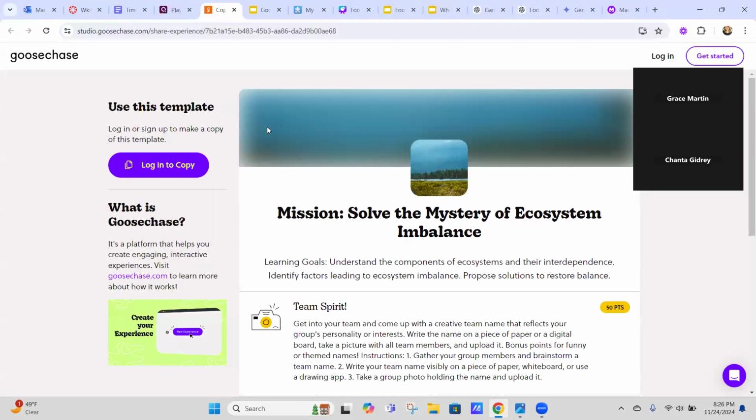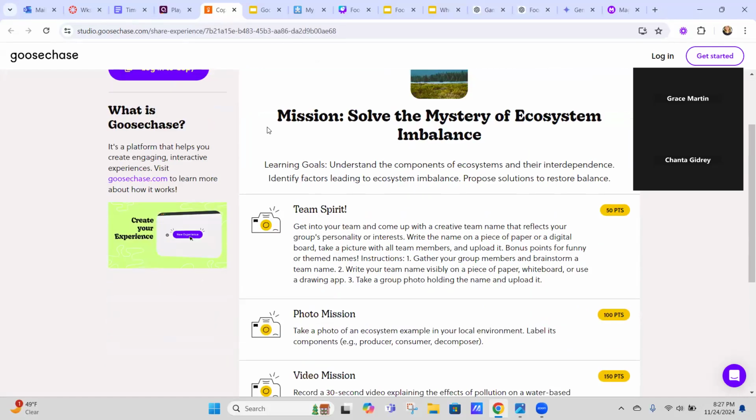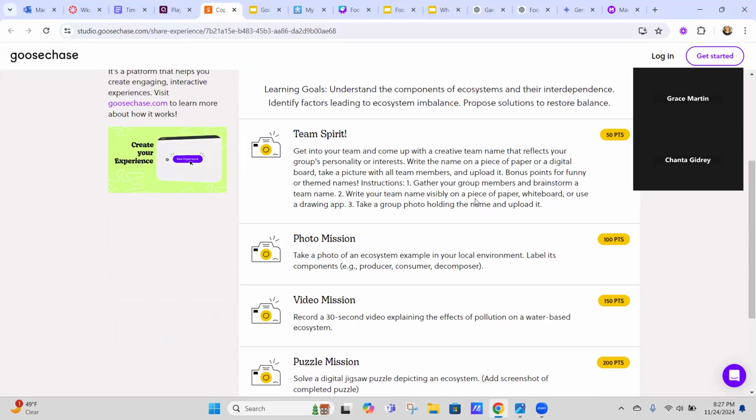I also used Goose Chase. So it is an engaging lesson for students to follow. The mission is to solve the mystery of ecosystem imbalance. And some of the things that they have to do to get points: the first one they have to do is